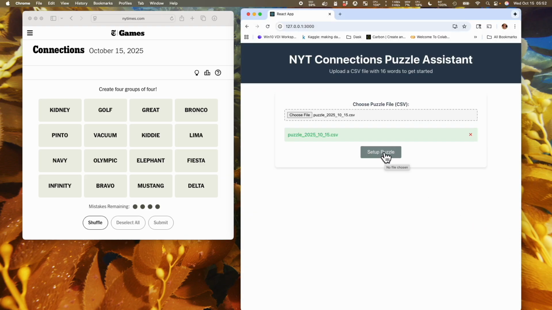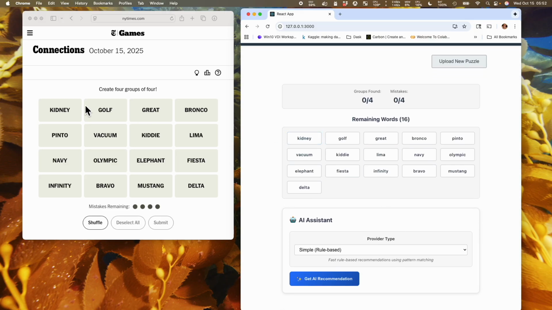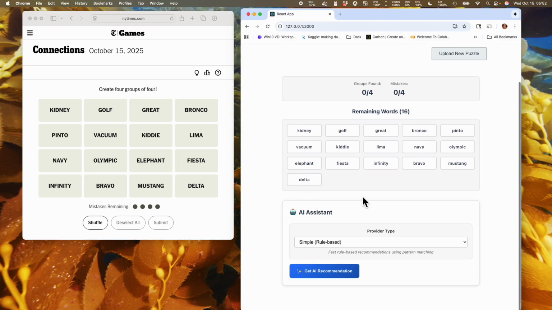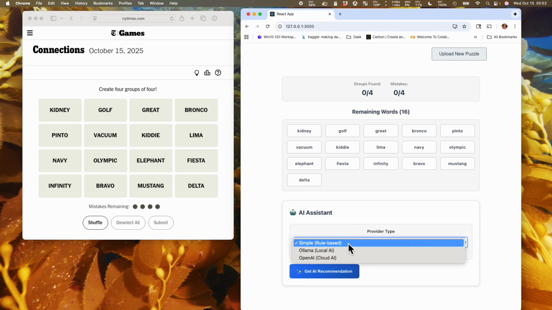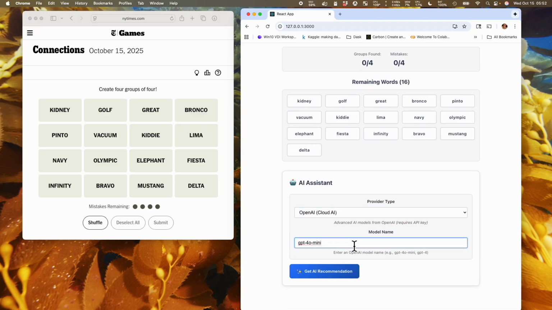And then we'll set it up. And we'll just confirm these words have been properly written here. Okay, that looks right. All right. And for this, we'll use OpenAI because that seems the one to have the most power in solving these. So we'll do a GPT-5 mini,